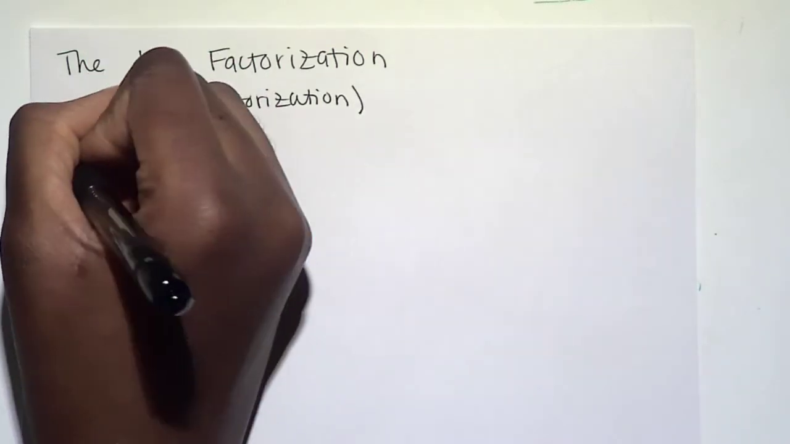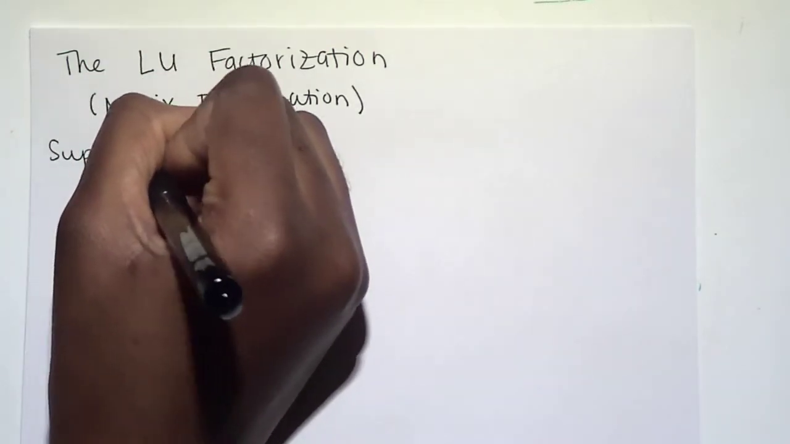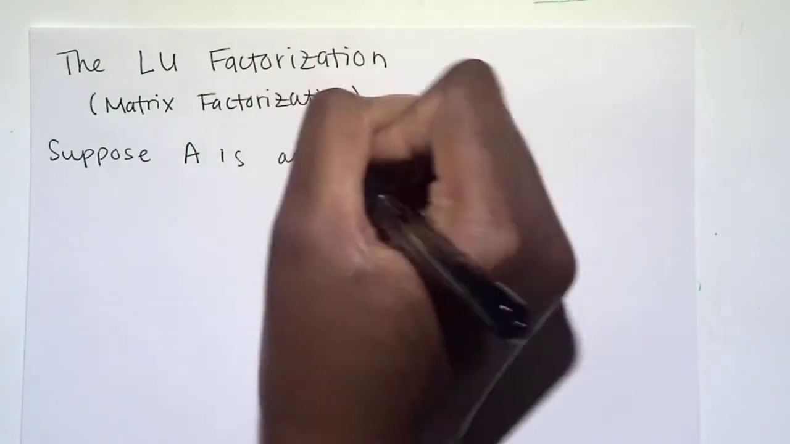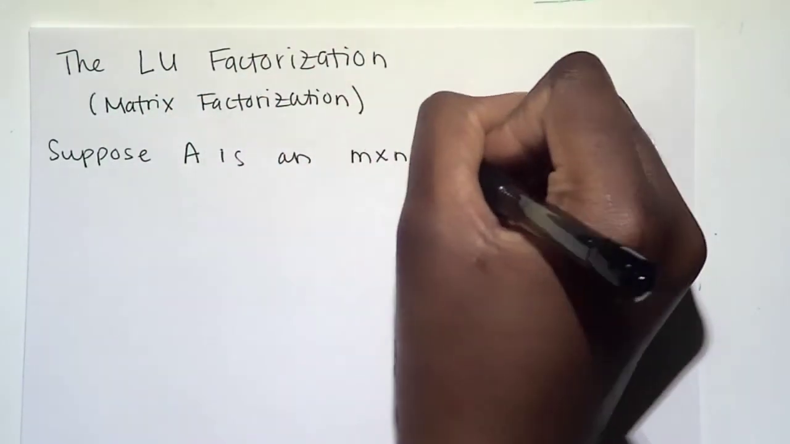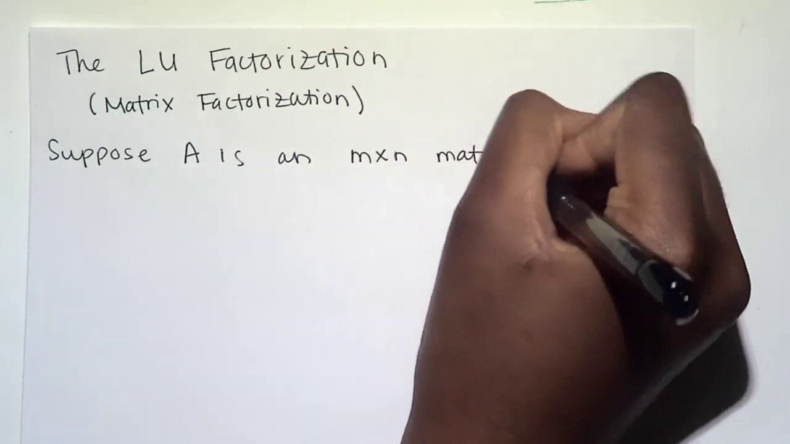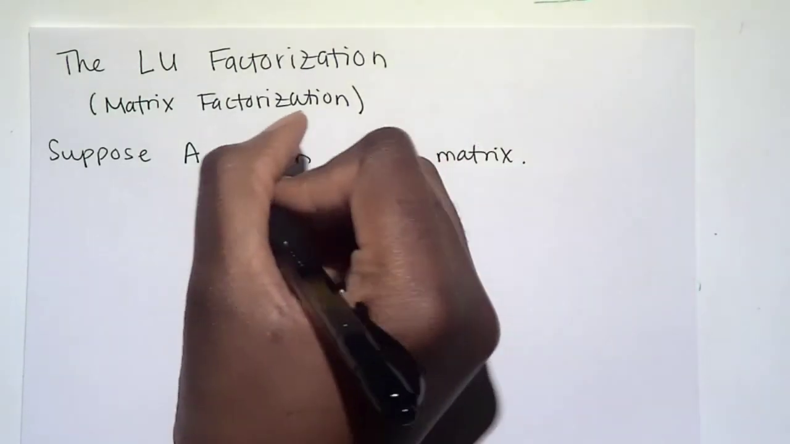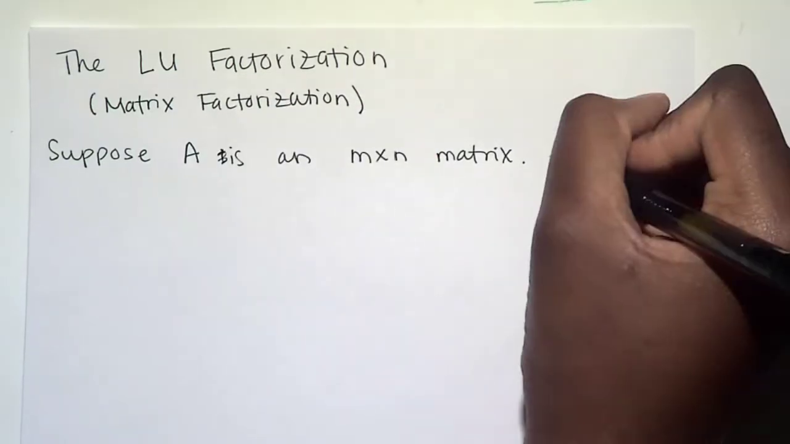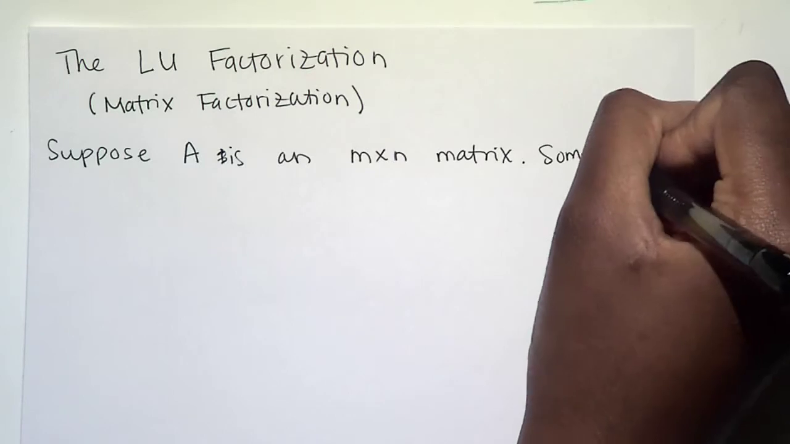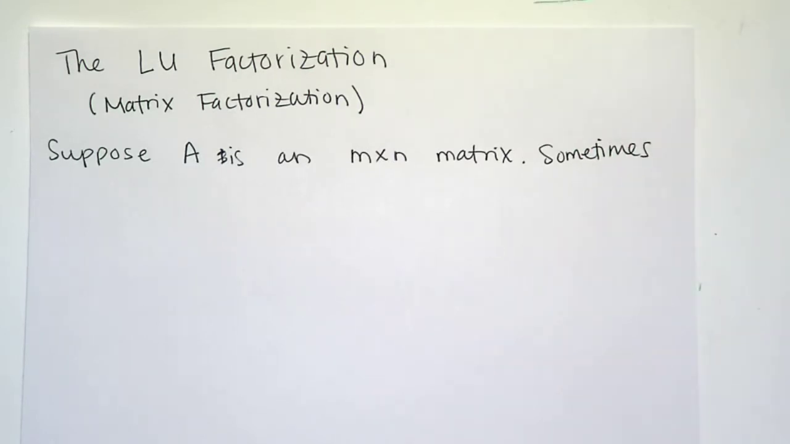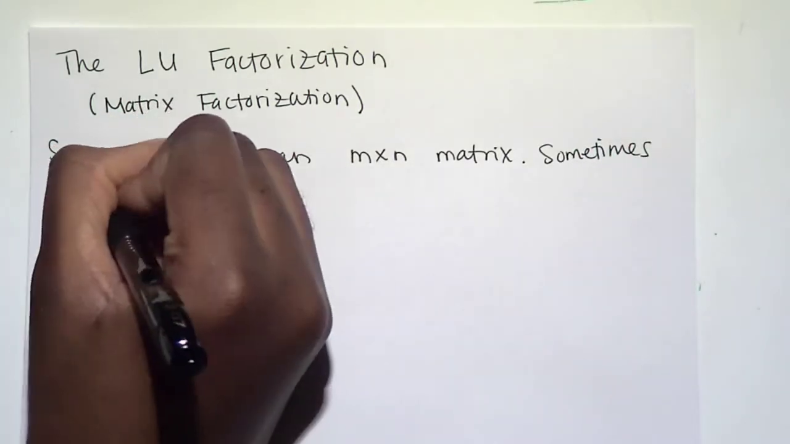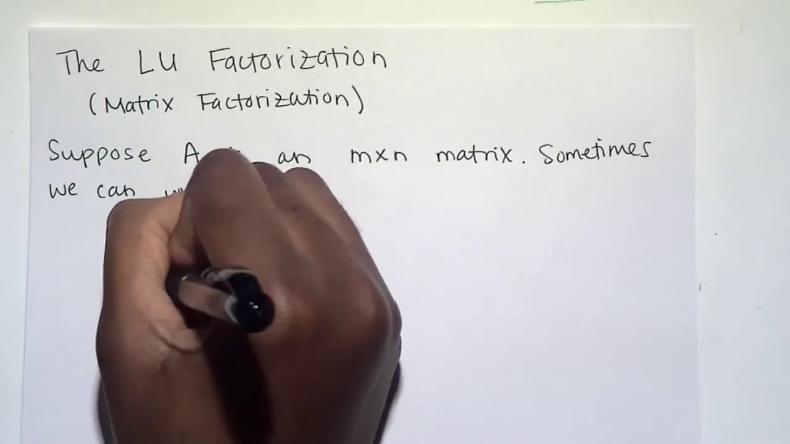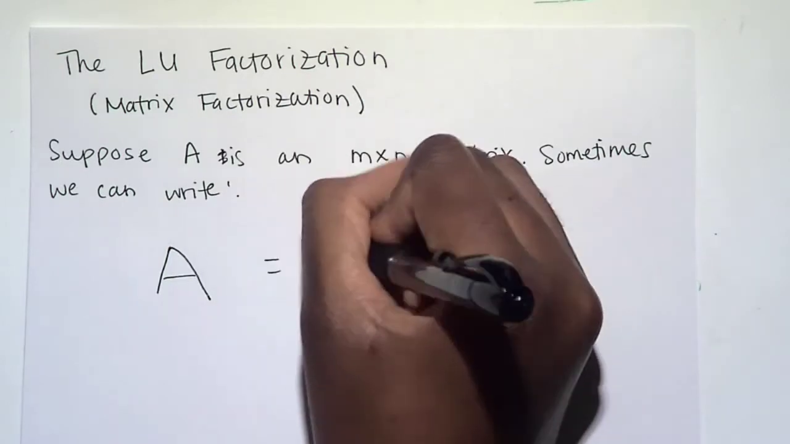So let's suppose A is an M by N matrix. Sometimes, not always, we can write it this way: A equals LU,